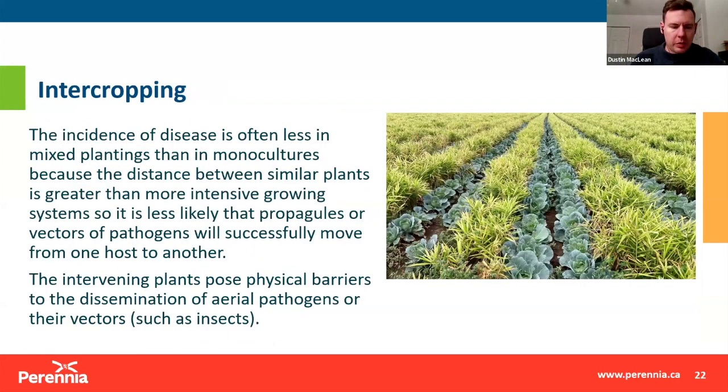So next, we're going to talk about intercropping. The incidence of disease is often less in mixed plantings than in monocultures because the distance between similar plants is greater than in more intensive growing systems. So it's less likely that spores or vectors of pathogens will successfully move from one host to the other. The intervening plants pose physical barriers to the dissemination of aerial pathogens, their release or their vectors, such as